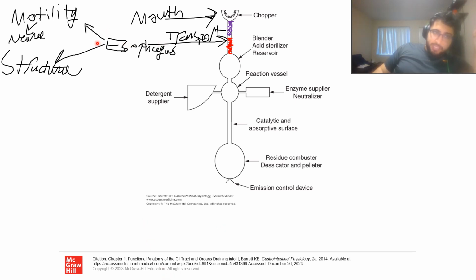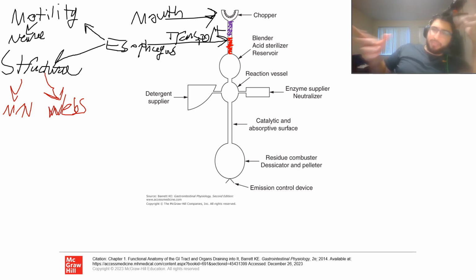So as we said, the esophagus, its motility and its structural defects, and not all dysphagia is cancer, and not all cancer is dysphagia. I just want to put that out there. So your structure could be malignant or neoplastic, right? But you also want to think of webs. You've got your classic Plummer-Vinson syndrome. It's iron deficiency anemia, and you form these web-like structures. When you treat the iron deficiency anemia, the webs tend to go away. And then you have Schatzki's rings, eosinophilic esophagitis, a whole number of things that can mess